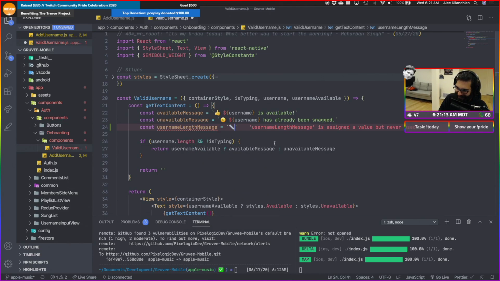Maybe like that? I don't know if we need to add the username. Please, your username must be at least 3 characters. Something like that, probably. Yeah, ruler.